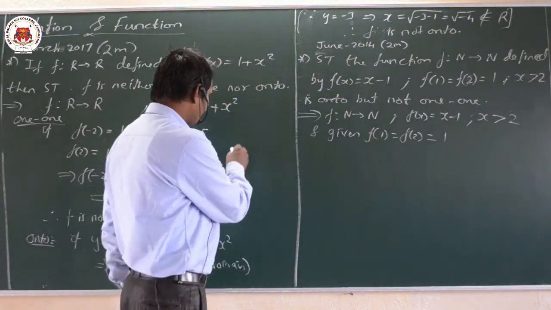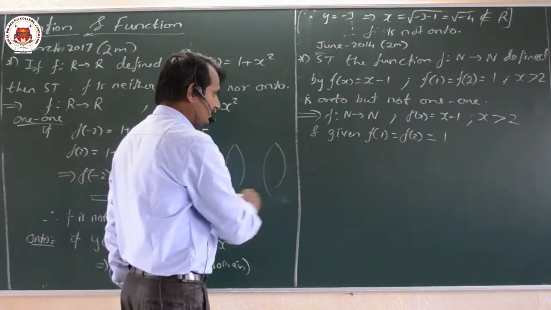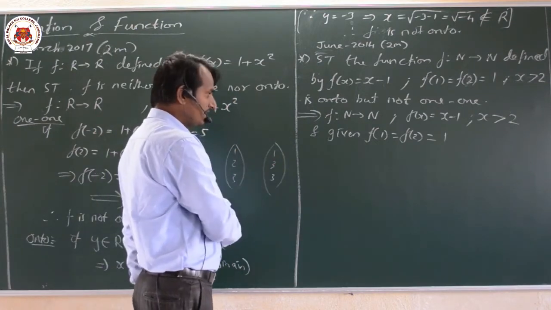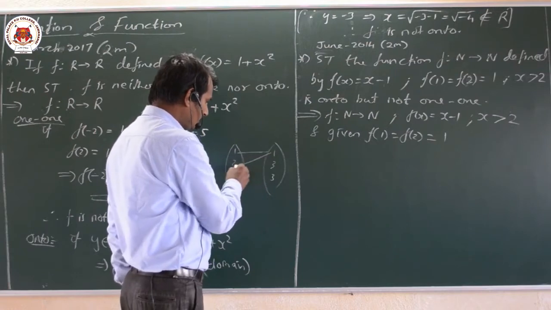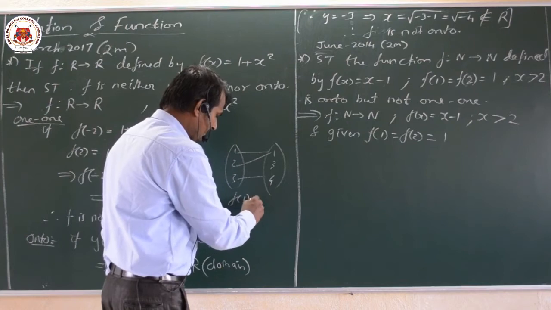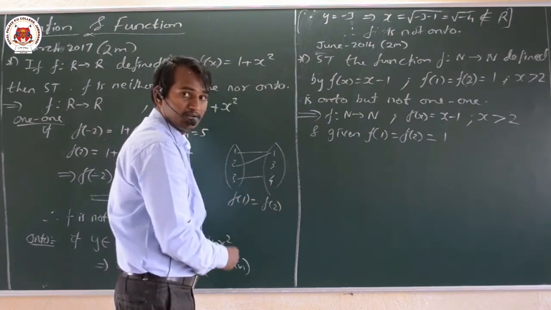Because here we can observe that from this particular set, for example 1 2 3, here also 1 3 4, we can observe that 1 to 1 and 1 to 2, that is something it might be f of 1 equal to f of 2 we are having. That violates the one-one.